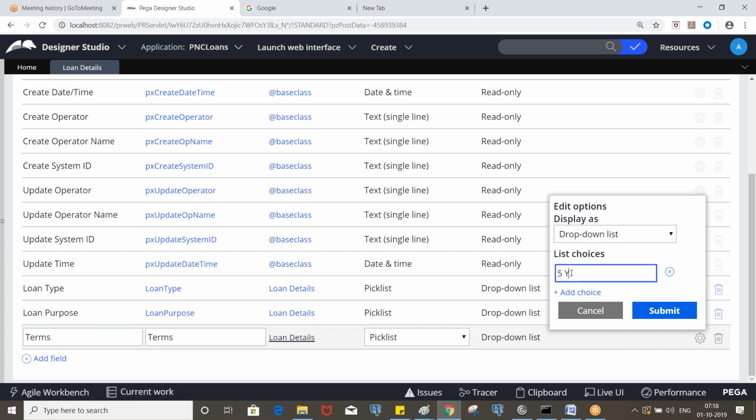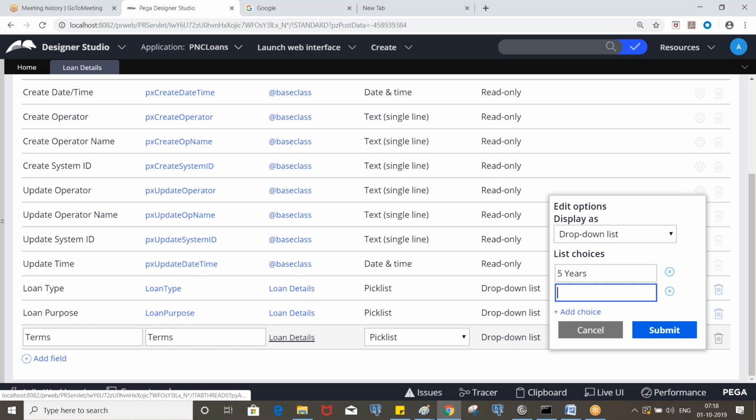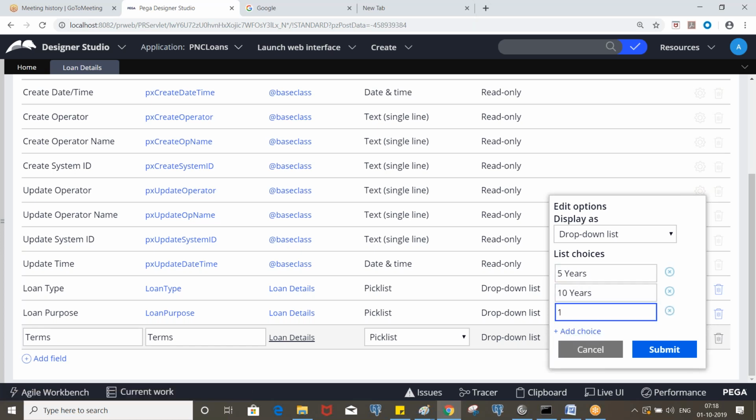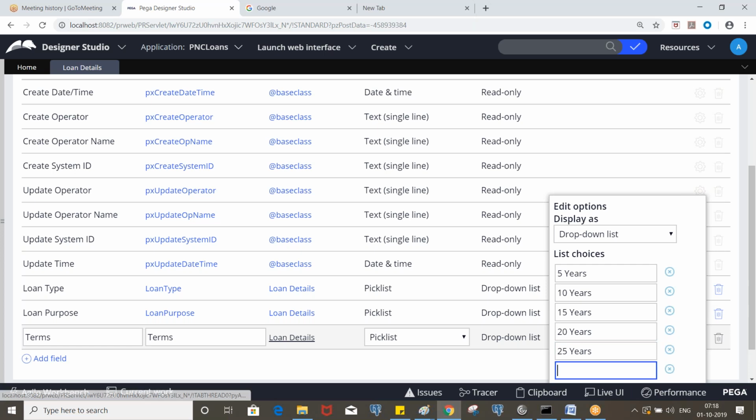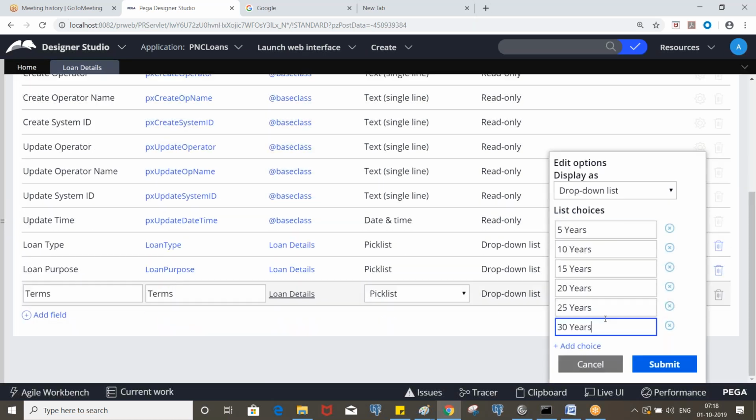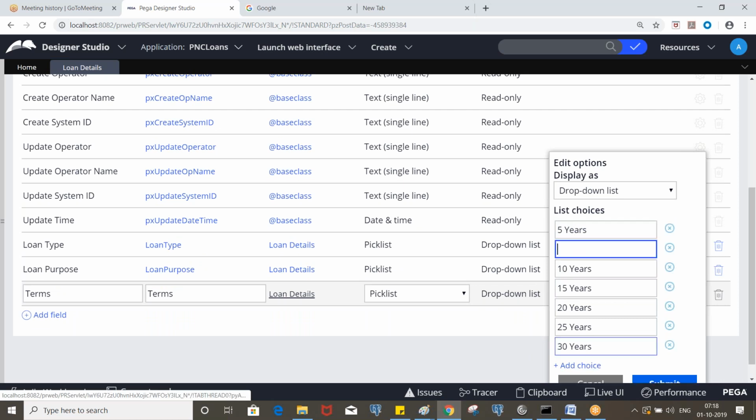Let's say 5 years, 10 years, 15 years, 20, 25 and 30. So you can enter up to 30 years. And let's put 3 years.